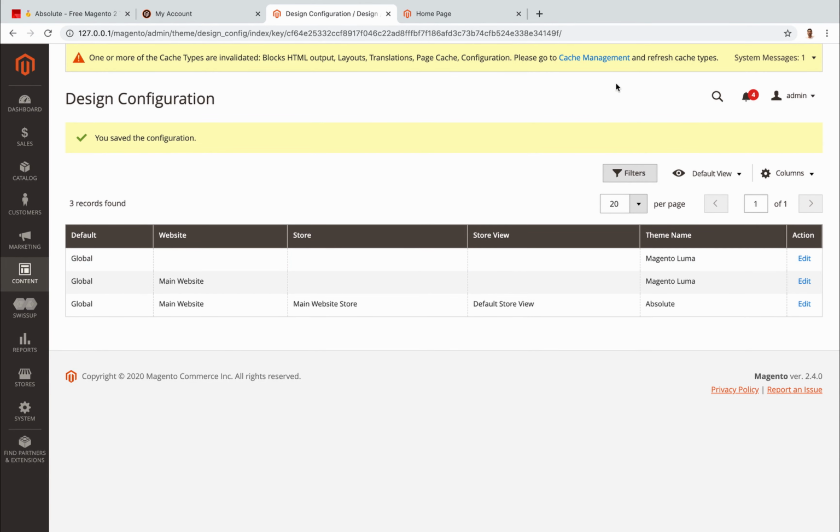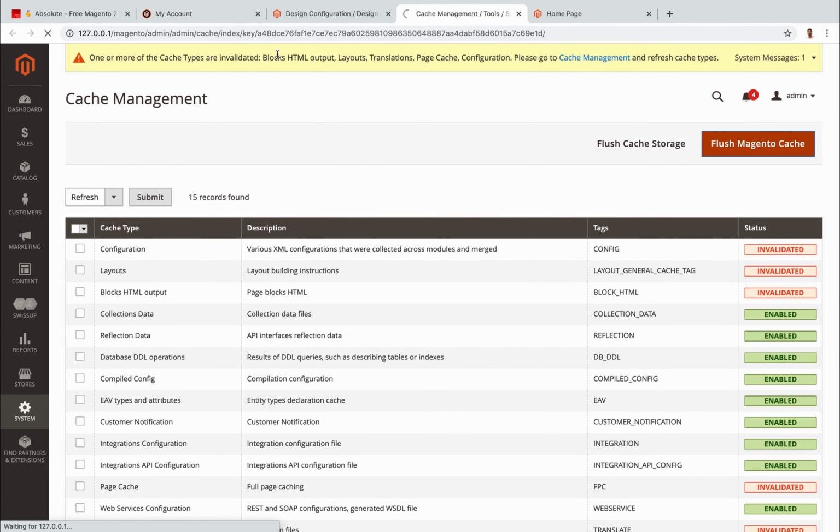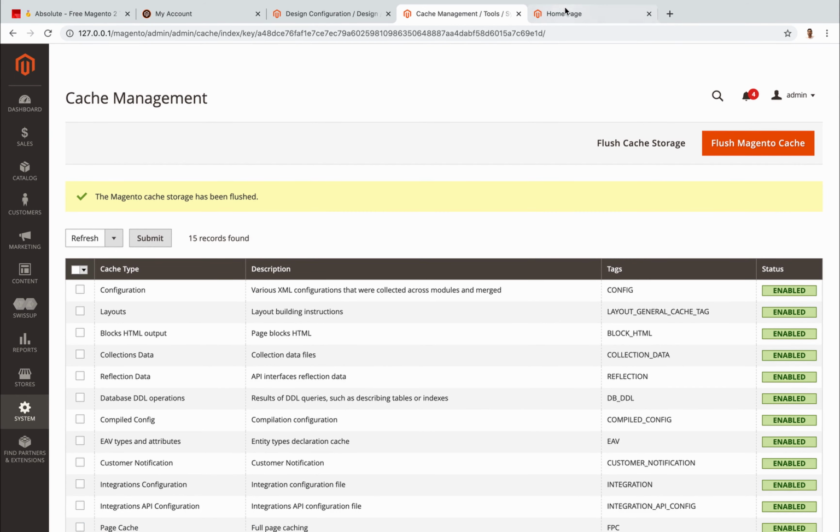Next, I will clear the cache. The cache is cleared now.